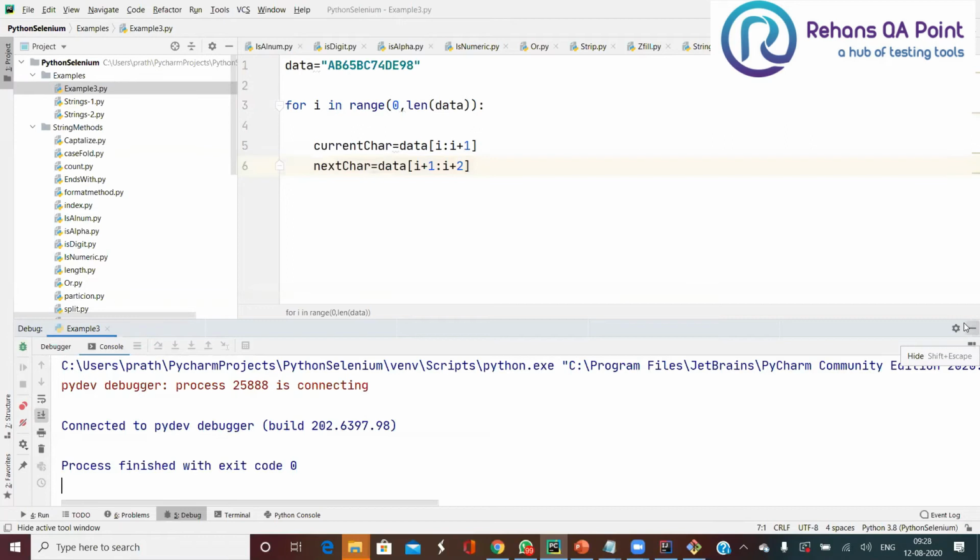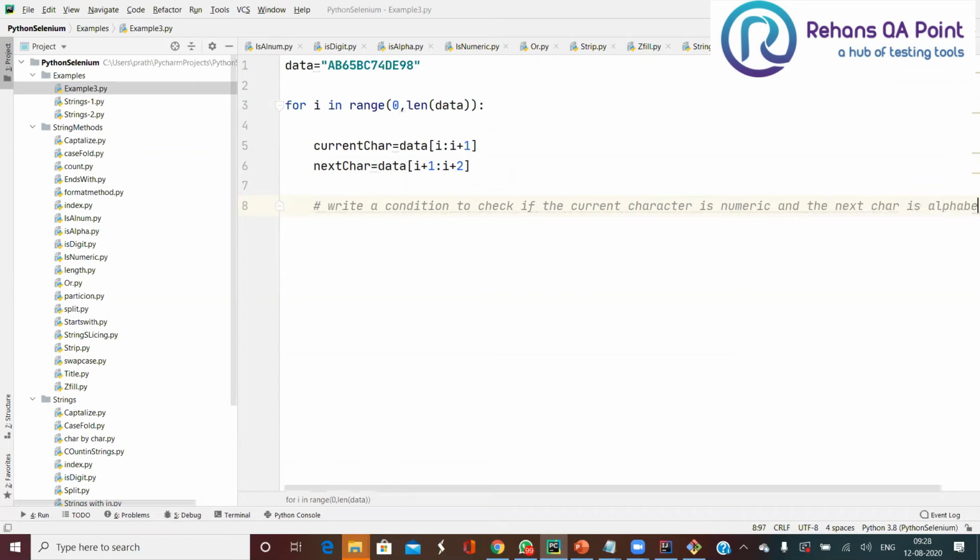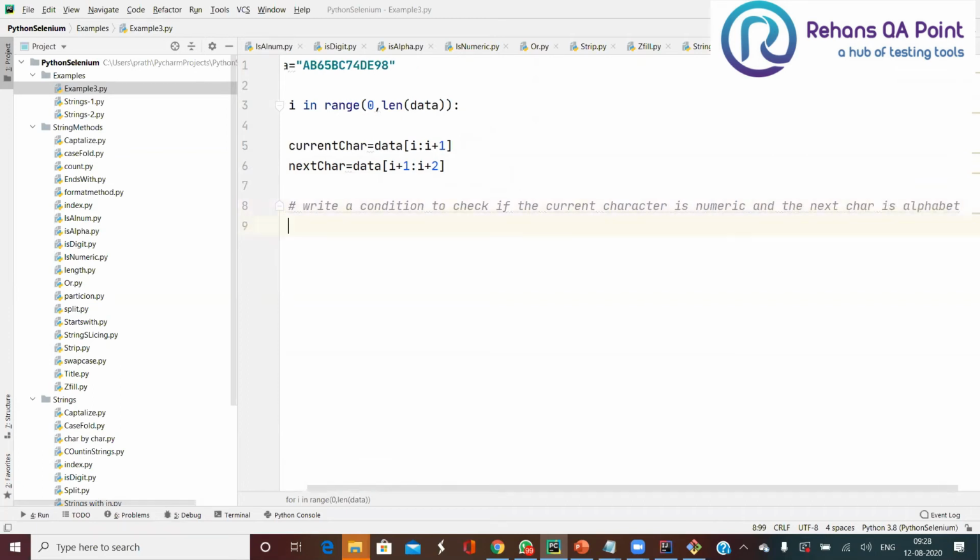Okay. Now see, how I'm going to keep my condition is going to be important. Write a condition to check if the current character is numeric and the next character is an alphabet.